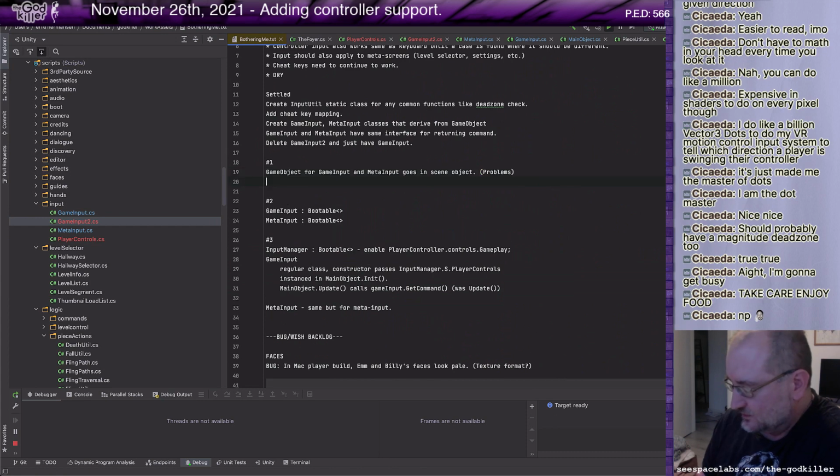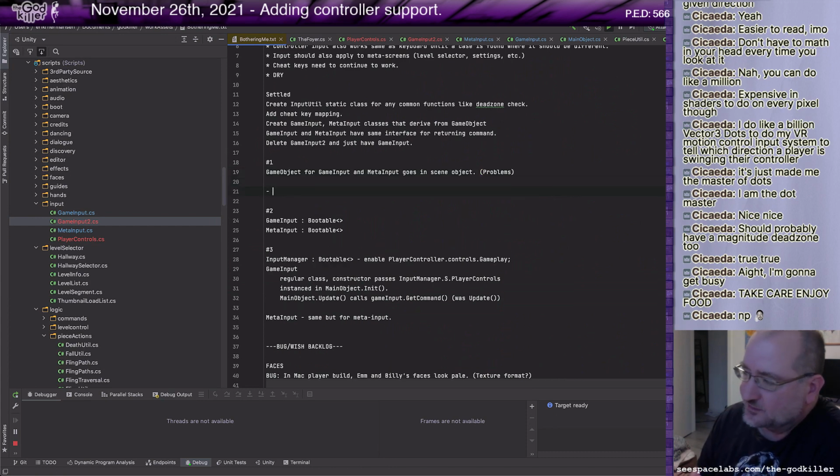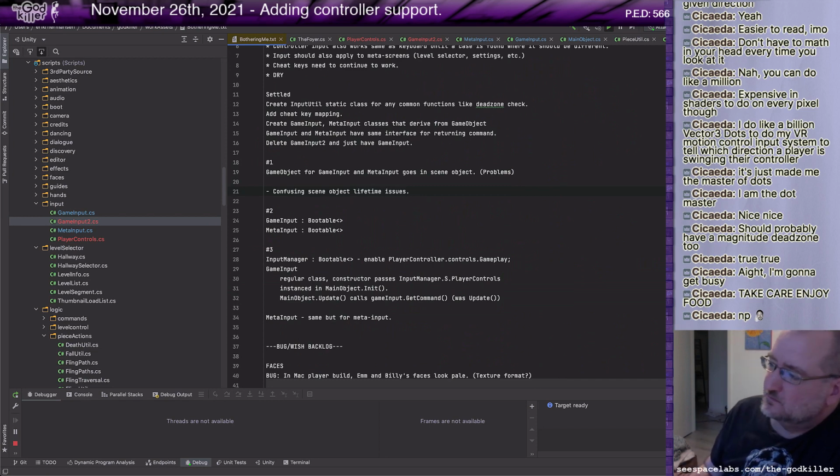Problem with this, minus: confusing scene object lifetime issues. Like if the scene is unloading and the game object that was responsible for game input is unloading at the same time, then I have to do something like disable the player controls, and whatever scene is loading in has to make sure it enables it.